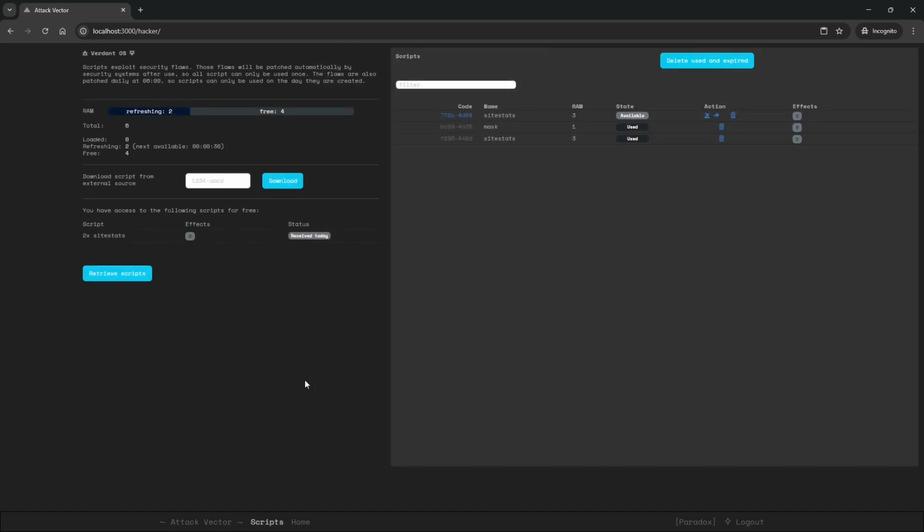There's one more thing to show. If you go back to the script page, there's this input field where you can download the script from an external source. So maybe in your game there is a dealer who is selling illegal scripts. You have to somehow convince them to sell you this script, and when they do, they give you a code. You can paste that code here and then you can download it, and now you see we have the IcePick